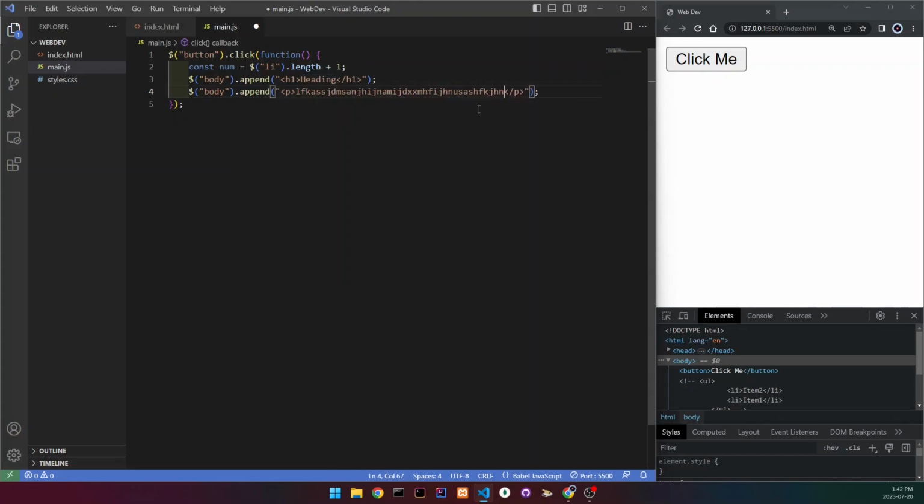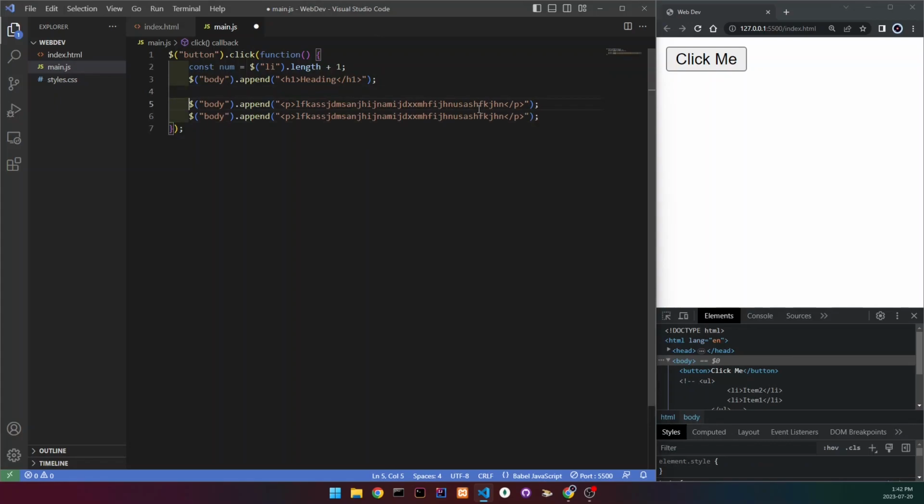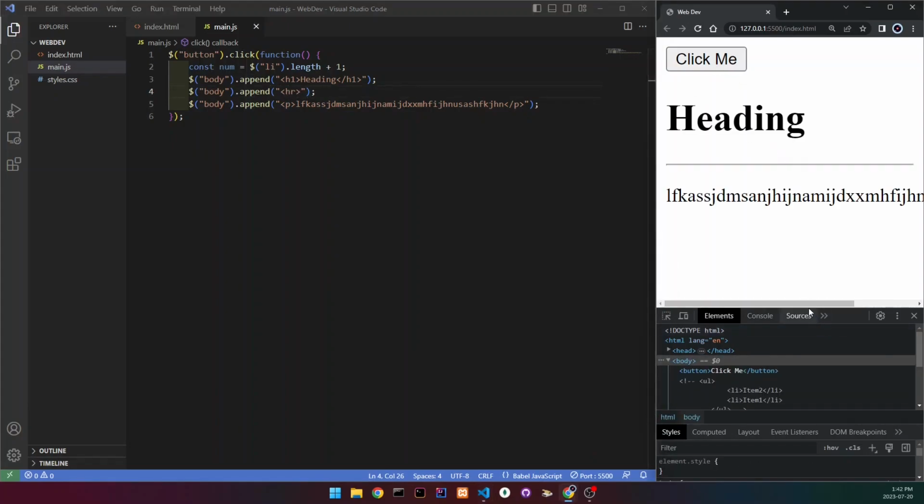and then I'm just gonna do this, just random text. Let's add an HR, so go here, delete this, just write HR, and now when we click the button, then we've generated a heading, an HR, and some text here,